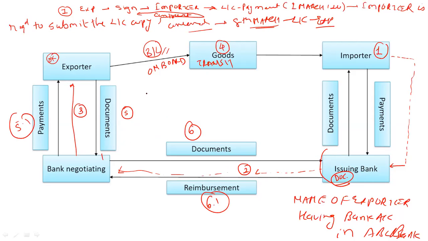Now the exporter has received the payment and the goods are still in transit. So it might be possible that when he submits the documents, the goods are over here, and when he gets the payment, the goods are over here. Now it is time for the importer to collect the consignment. All the documents are with the issuing bank, and the issuing bank provides the documents against the payment. So this is what an LC is, and that is why it is known as one of the secure and best ways of payment.